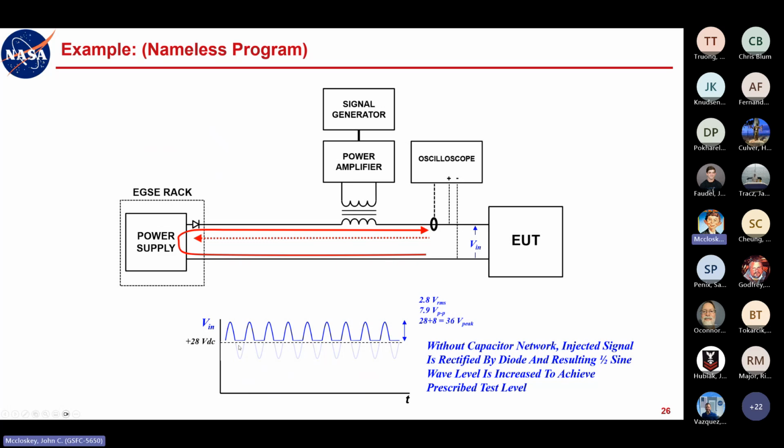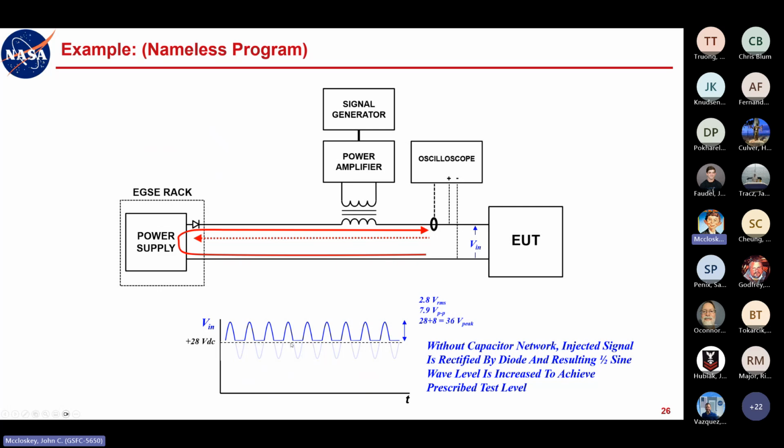So when the waveform's trying to go negative in terms of current, it blocks the current, and it's also going to stop the voltage from going any further in that negative direction. So without the capacitor network, that injected signal is rectified by the diode, and the resulting